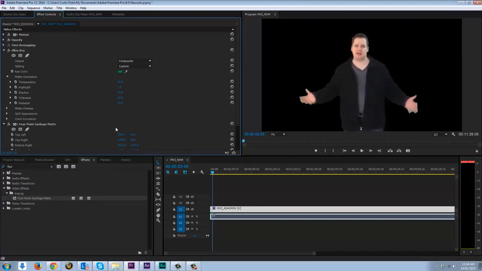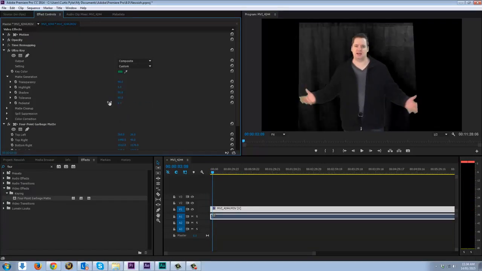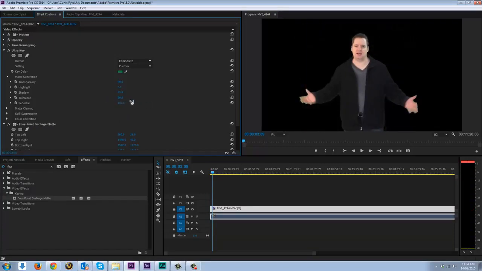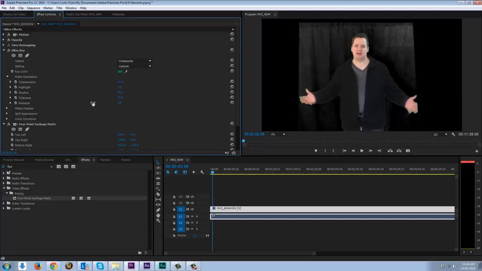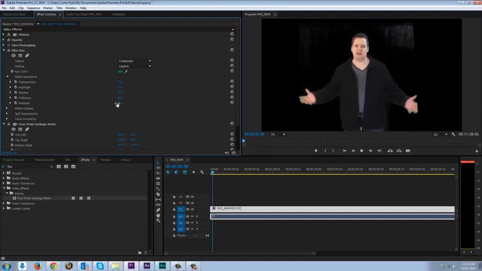We've got a pretty good key here. We don't actually need to do much else. You can always adjust the pedestal. Pedestal just sort of takes away the edges. As you can see, when it's at 0, look around the edges of my hand and my coat. But when I bring the pedestal up, it's defaulted at 50, I believe, and if you go up, it just sort of pulls in a tighter focus,